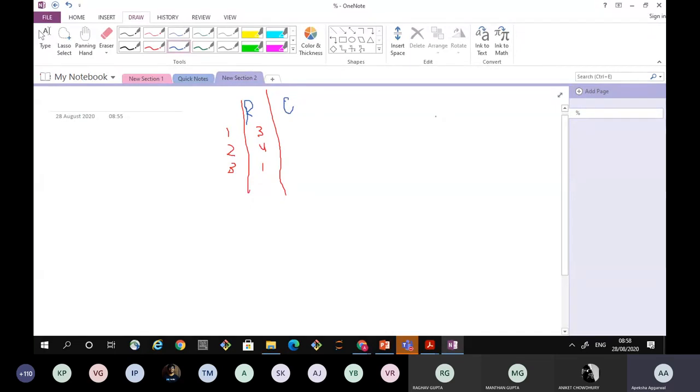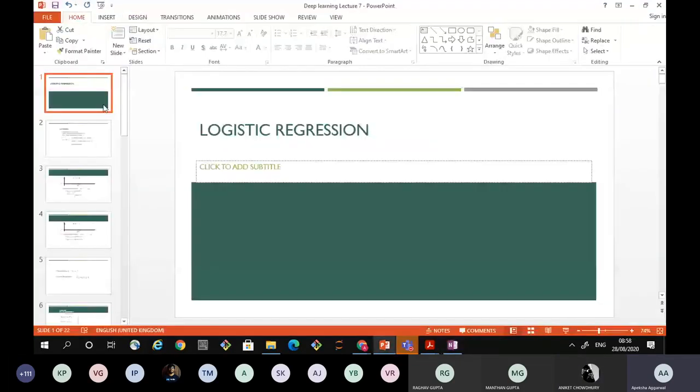And when we are talking about classification, classification says that, suppose there is a problem, let's say I'm talking about tumor. So brain tumor is present or not. So it will be yes or no. So there are two classes. So in a classification problem, there is yes, no, that is, yes means it is present, 1, and no means 0. So it is always 0 and 1. So classification is when output labels are 0 and 1. This is clear? Yes, ma'am. So we use logistic regression whenever we have a classification problem.